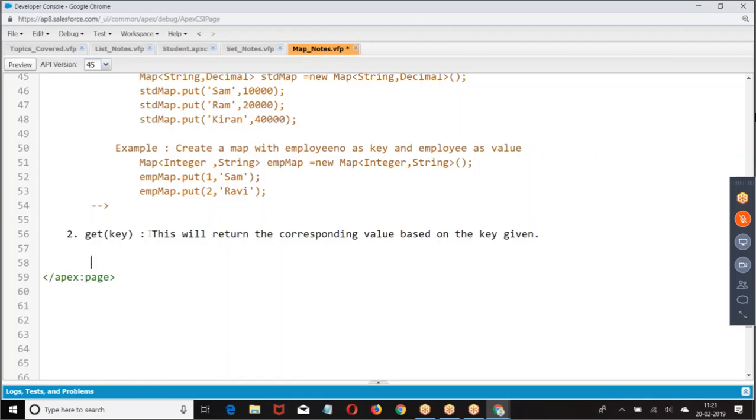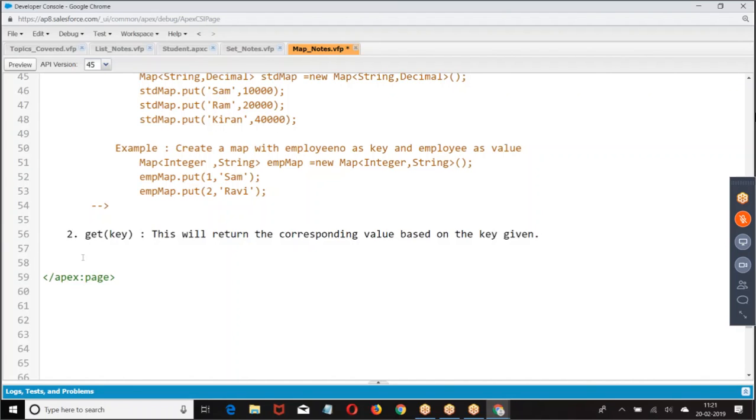What if you give a duplicate value? I told you key cannot be a duplicate. In case you give a duplicate, what will happen? The old value associated with the key will be replaced with the new value. So map is a key value pair where key should be unique, value can be duplicate. Now, if I want to retrieve the data from the map, then I have to pass a key, and we get the value.